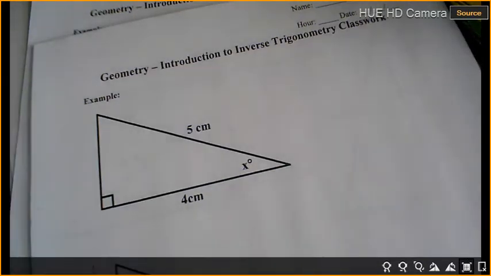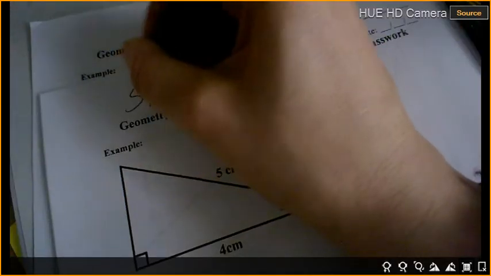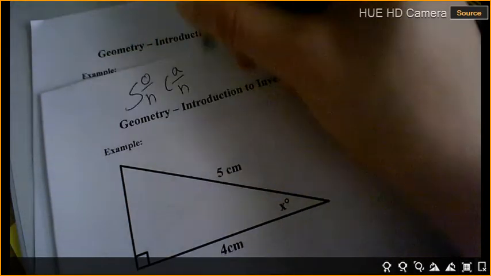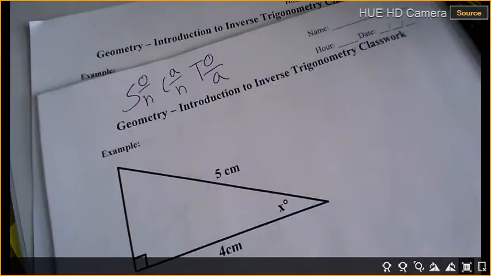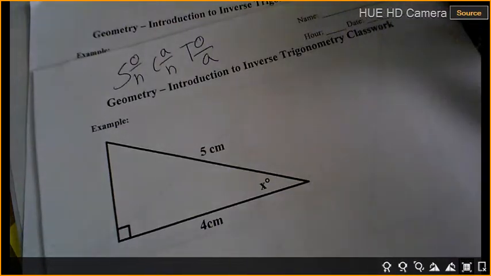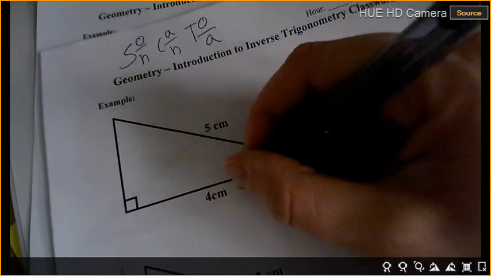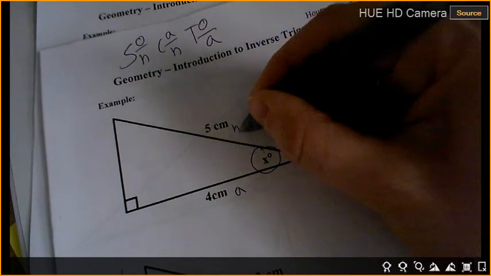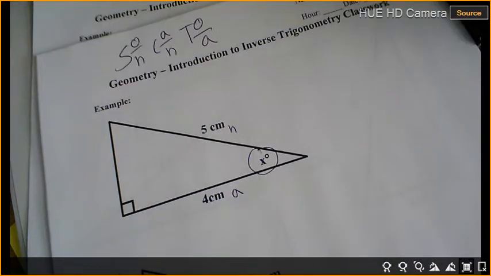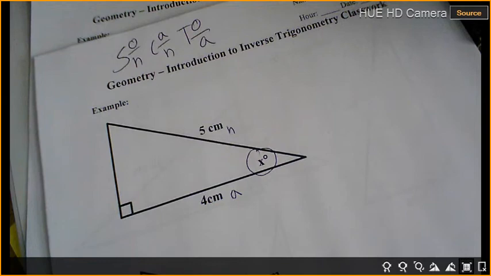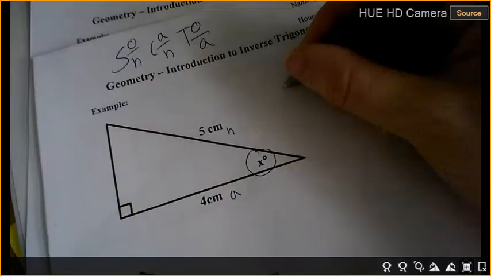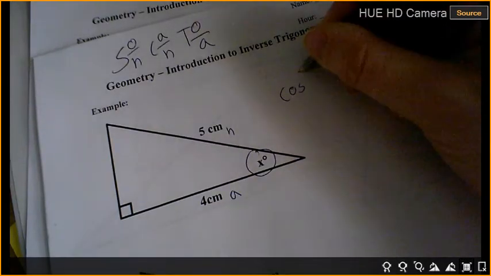We're looking right here at number 1. We need to find this angle. So the first thing, whenever you do any trigonometry, I would write SOHCAHTOA down at the top of your paper. Okay? And we are going to label these sides. So here's x. This is my adjacent. This is my hypotenuse. Which trig function uses a and h? Cosine. So we're going to go cosine -1